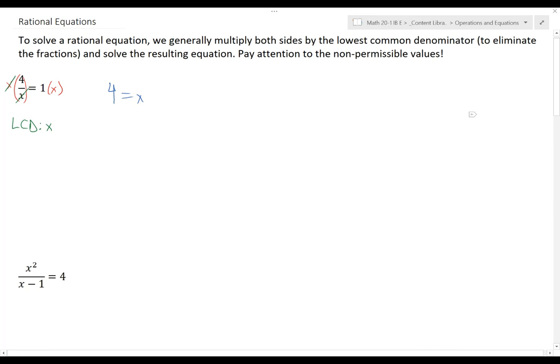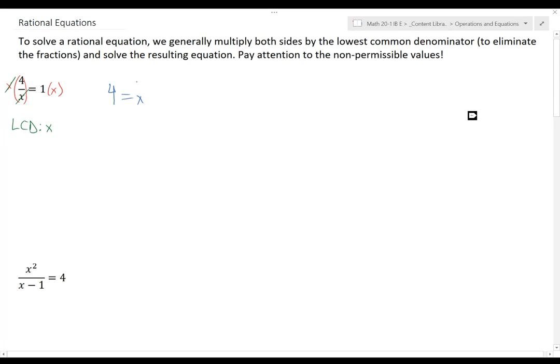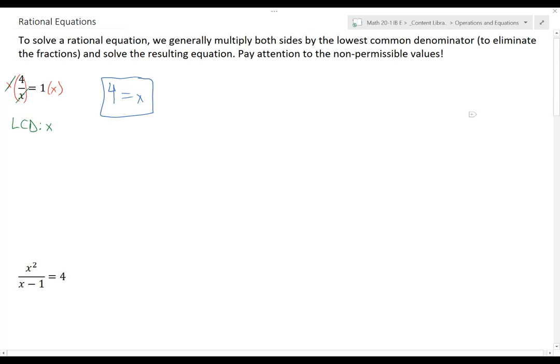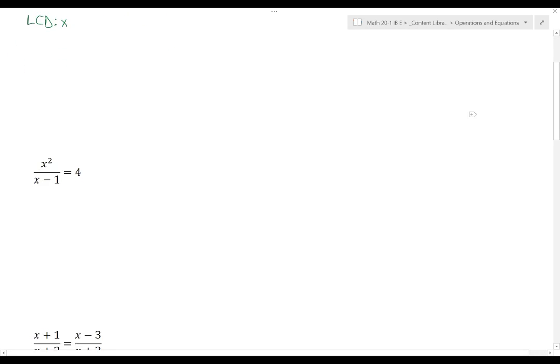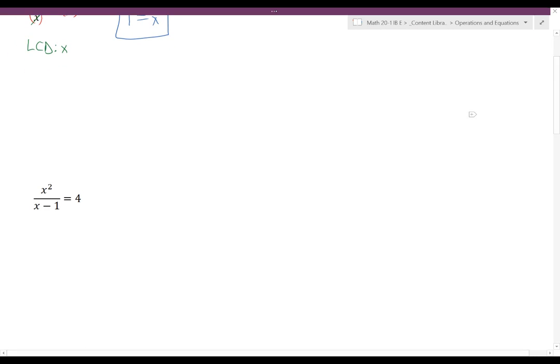I double check it in the original equation. 4 divided by 4 equals 1. Yep. So there we go. 4 equals x. It can obviously get a little more complicated when we have more complicated things to start, but